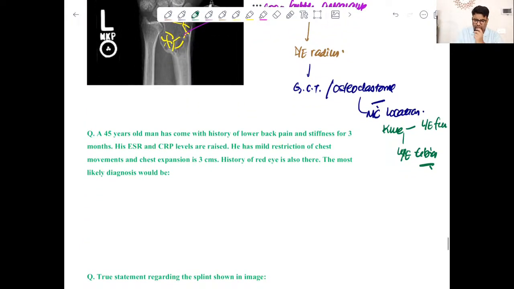Chalo, next question. 45 years old male having low back pain, stiffness, and ESR, C-reactive proteins are raised. Then mild restriction of chest movement and chest expansion is only 3 centimeter. There is history of red eyes. I think this is sufficient enough to make a diagnosis. So what can be the diagnosis here? Back pain, stiffness,